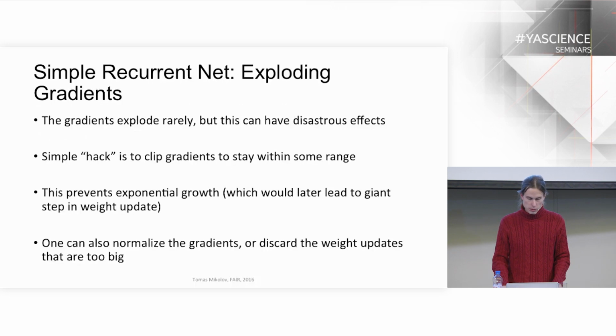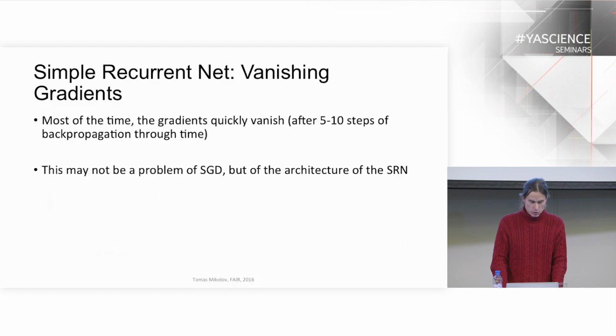On the other hand, as I said, there was this crucial problem with the exploding gradients, which actually was the real reason why people were failing to train the RNNs on larger data sets, why the training was unstable, and looking back, it's a very simple hack to clip the gradients, and that was able to make the training stable. So I think it's very interesting that often the ideas that are very impactful are very simple at the same time. For the vanishing gradients, the story is a little bit more complicated, but I will soon show a simple trick how to make the network remember longer memory in a kind of explicit way.